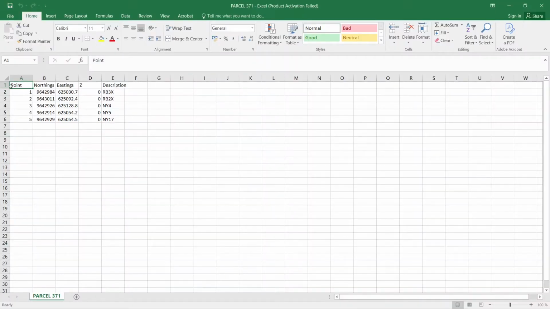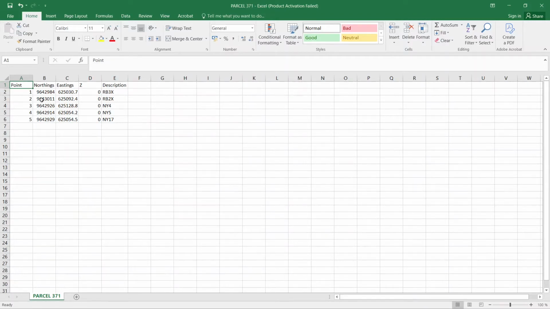I have arranged the Excel file in point, northings, eastings, Z, and description. QGIS will connect the polygon from 1 to 2, 2 connected to 3, 3 connected to 4, 4 connected to 5, and 5 connected to 1. So ensure that how the polygon appears or follows is in a correct order. That is 1, 2. Ensure that you have this column because QGIS always removes the first column when importing Excel